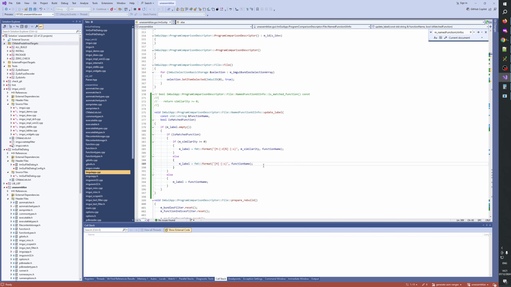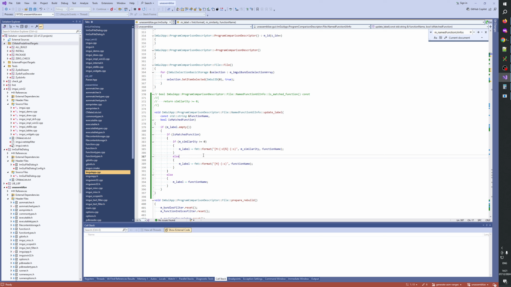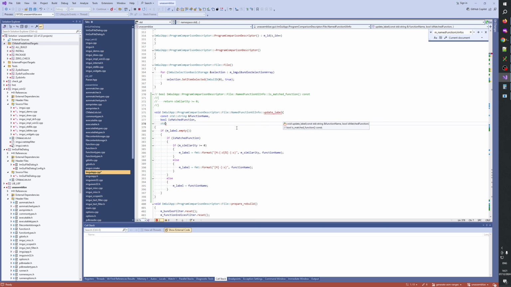Okay, so last video we made good progress with decorating our function list with some information about the matched functions. Something came to mind. I think we don't need to actually store the similarity inside the struct. Instead, we can probably just pass it. So we have the isMatch function, and then we can maybe put a std::optional